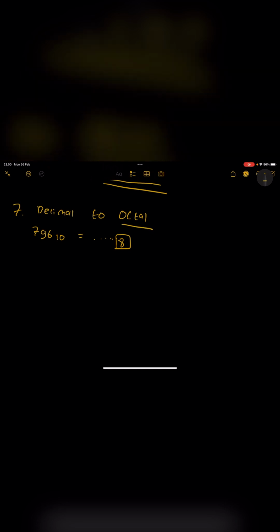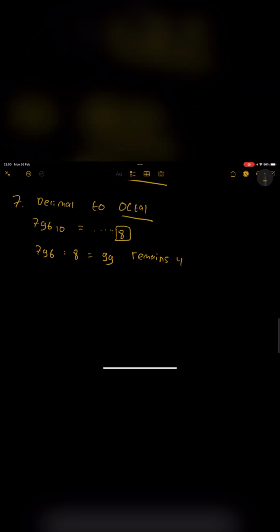Okay, so moving on to the 7th part, which is how to convert from decimal to octal. Okay, so for example, we have 796 with the basis of 10, because 10 is the basis of decimal, will be equal to point with the basis of 8, because 8 is the basis of the octal. So what we need to do here, we need to put the value of decimal, which is 796, and then we will divide it by the value of the basis of the octal, which is 8, and then divided by 8, then we will get 99 with the remains